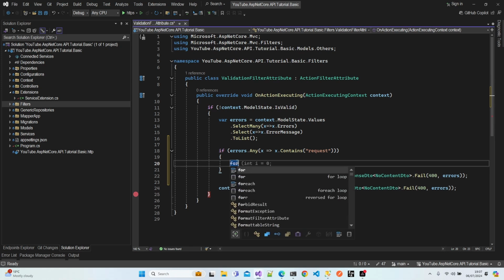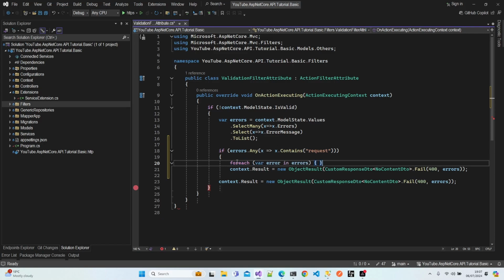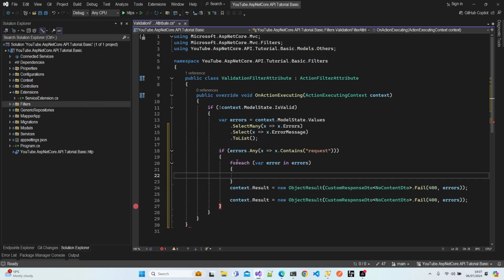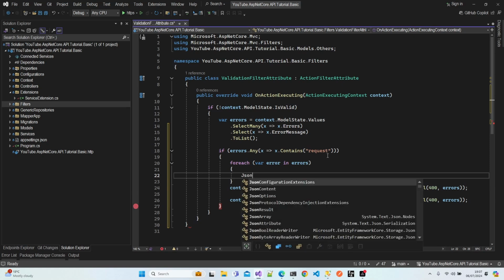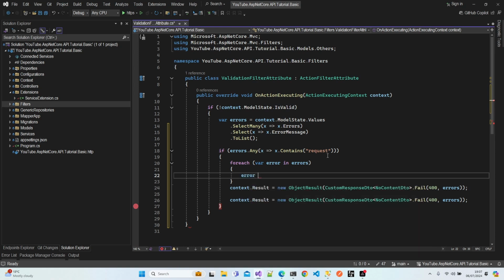Let's add a foreach, and this is the error message, right? JSON error is plus equal, or let's say error is